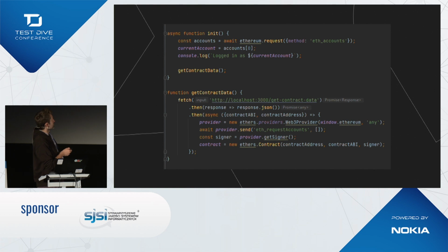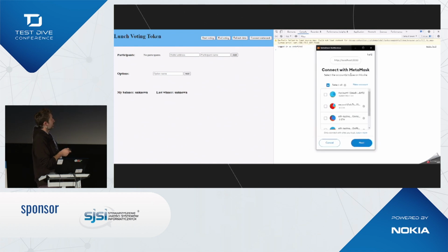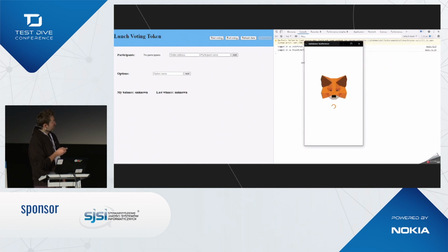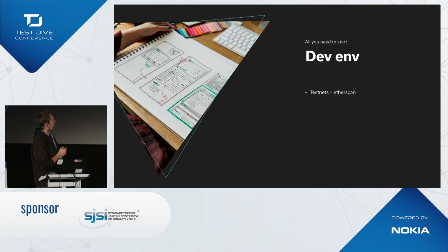Yeah, and I left only one endpoint with ABI and address because I already had that on the backend, so that worked. And with this approach, each transaction will raise a pop-up from MetaMask that requires you to confirm or reject the transaction. So it looks like that. After entering the page, you get this pop-up where you need to allow some accounts to work together with the app. As you can see, we are logged in now. And when you press start voting, it will show the pop-up again, and you can reject or confirm the transaction here.